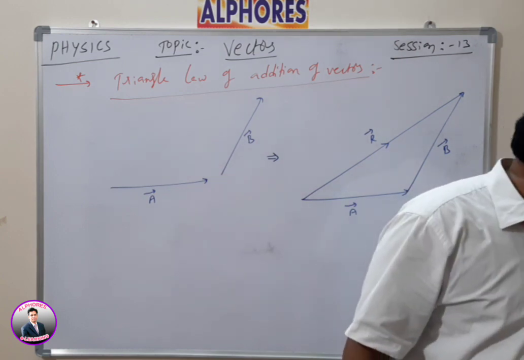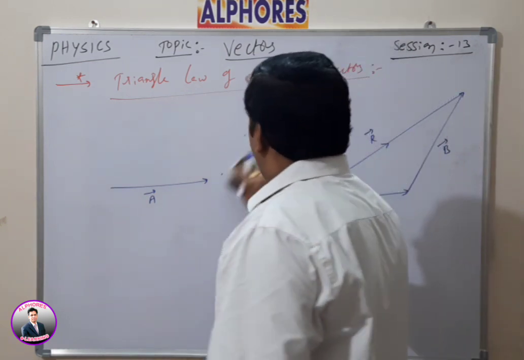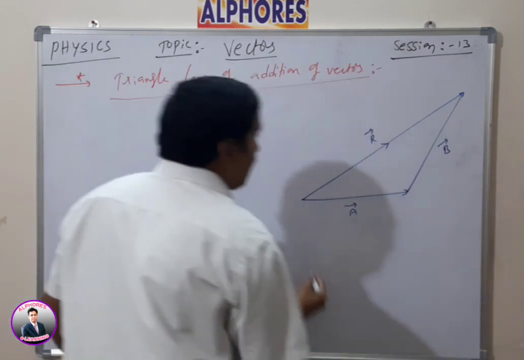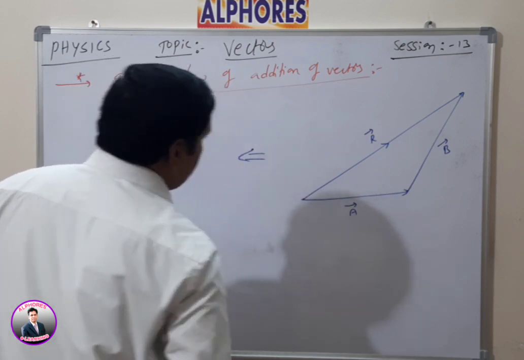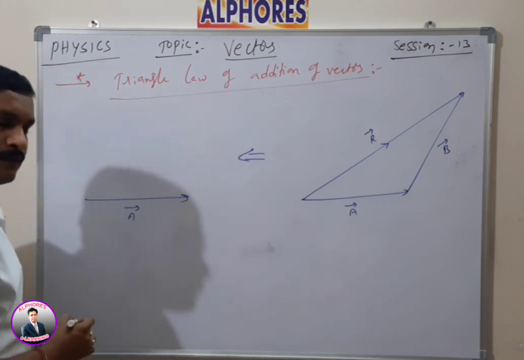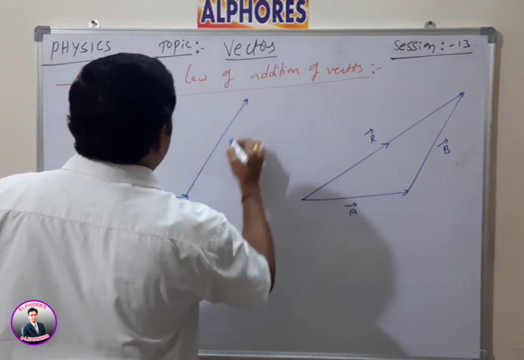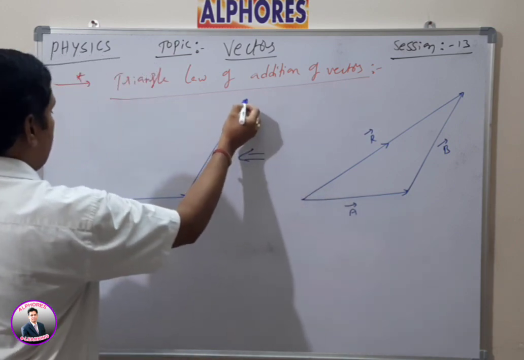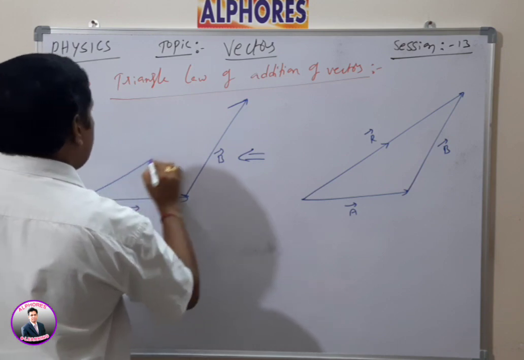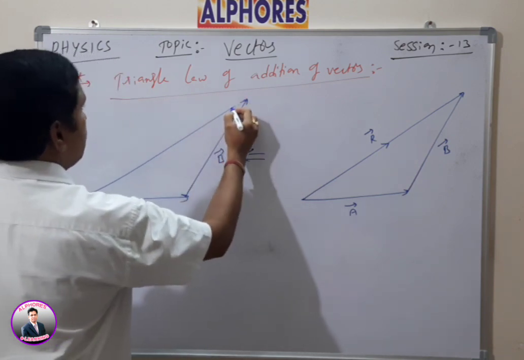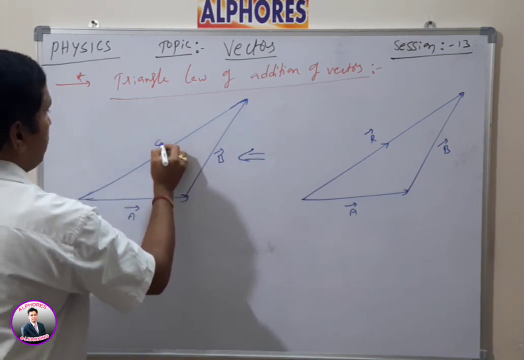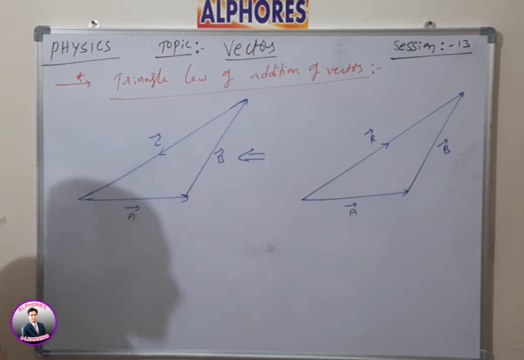Now, listen carefully. By adding two vectors, what is the value of R bar here? Now I am taking one special condition by taking three vectors here. Let us say this is A bar and this is B bar. And this is C bar, the third vector. Now let us say A bar, B bar and C bar, these three vectors are taken in the same direction.